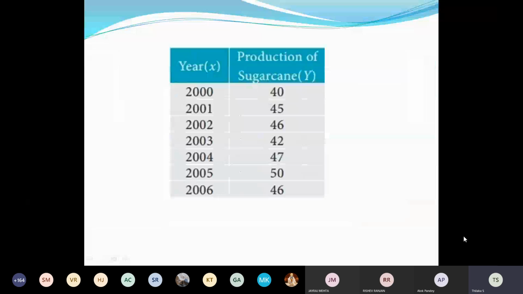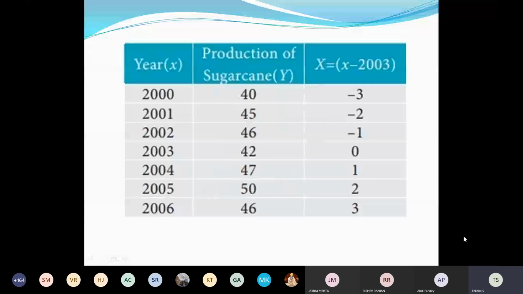So this was the thing which was given. You have to rewrite it here, and you have to assign the values of time period capital X. Just note down, small x refers to the year, so you have to put capital X for the time period. So the equation is capital Y is equal to a plus small b into capital X. That capital X is assigned for the time period.